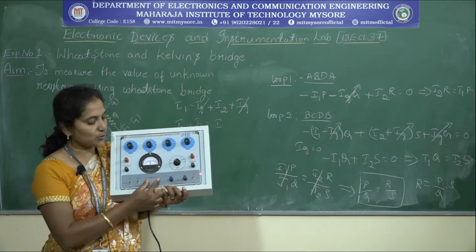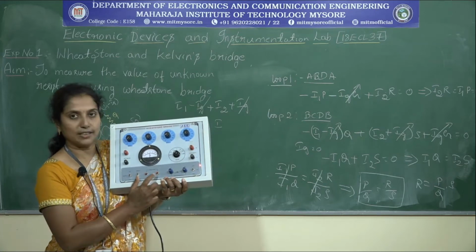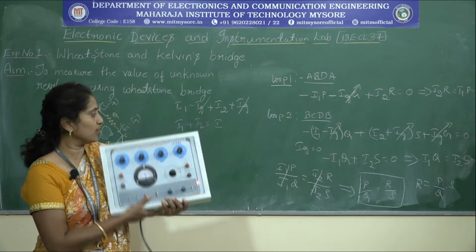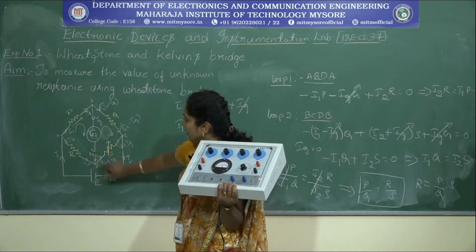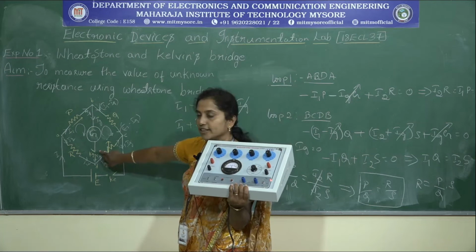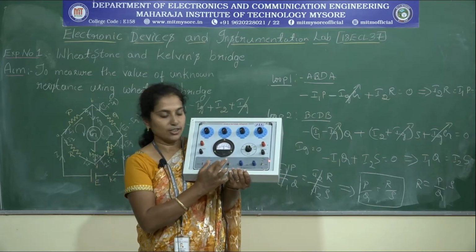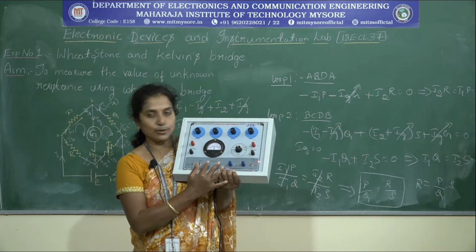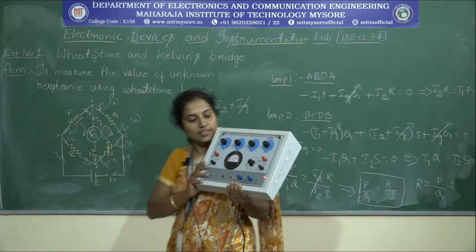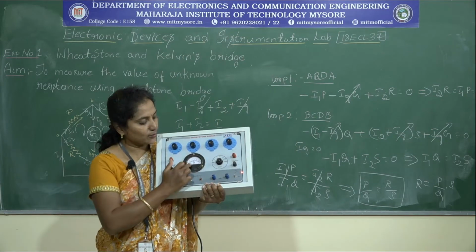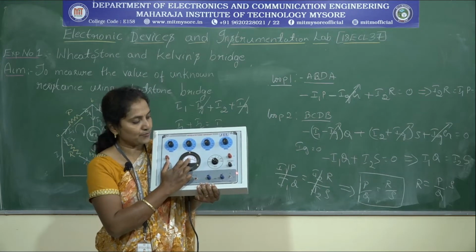Now these are the two switches, one for the galvanometer G and one for B, the battery. I have explained to you there are two switches here, one is KE, one is KG. When you press these switches, it will be closing the circuit here. Now this is the galvanometer, always it shows the null deflection, it shows 0.